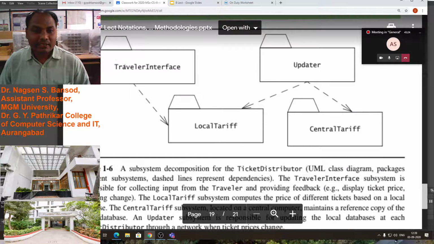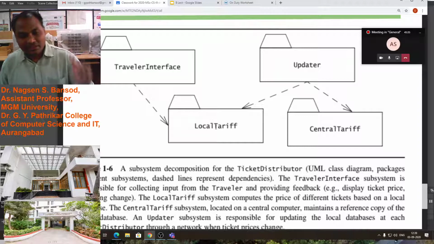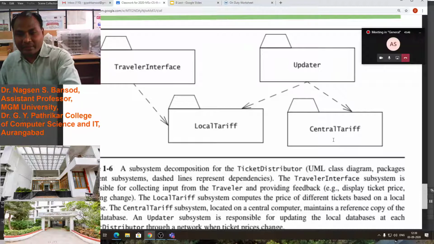In this traveler interface, we will take the input, and that will be sent to the local tariff. Input will be taken by the machine, and this subsystem will be connected to the central tariff.